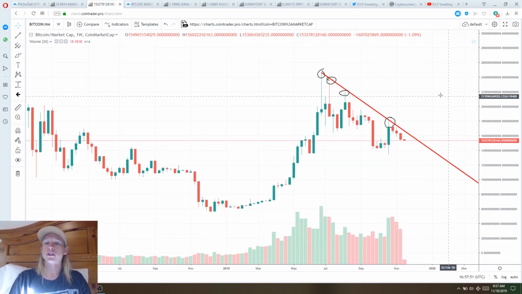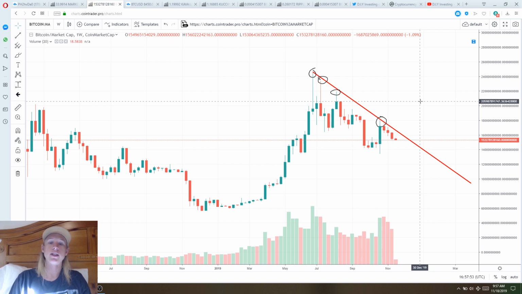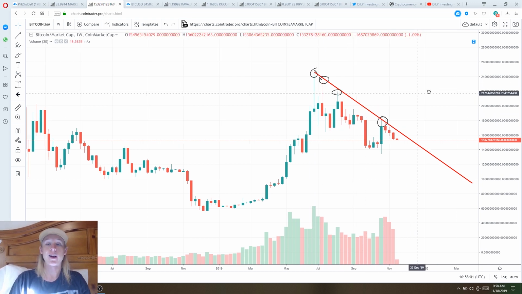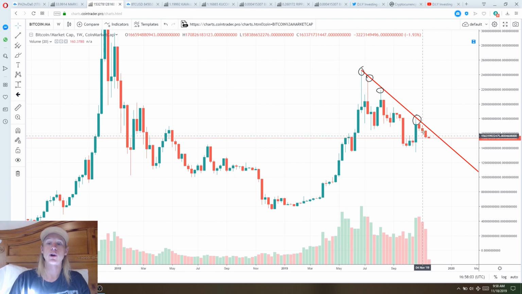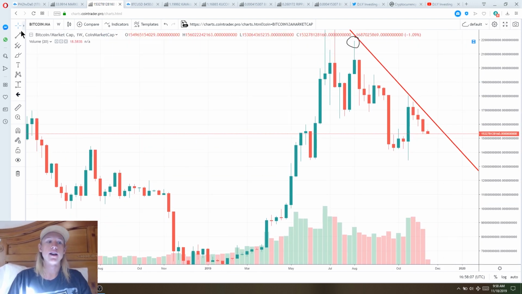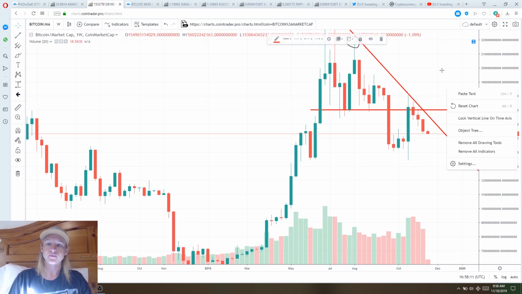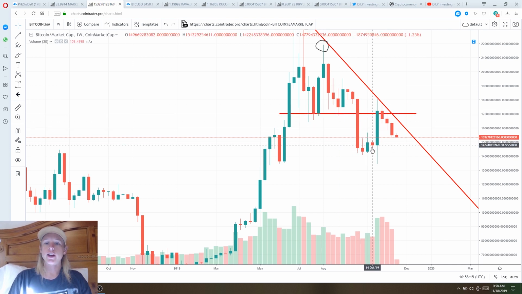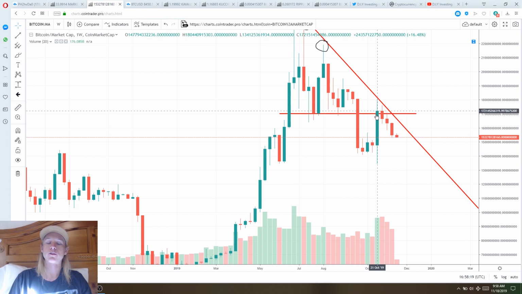Now, I'm no technical analysis god, I'm no TA wizard by any means, but what I can say is based off of price action alone, lower highs means that the trend is still bearish. And so we've had 4 consecutive lower highs, and not only that, but we had this support in our descending triangle, which would have been right about here. And we ended up actually getting a buyback into that level. Technically, we pierced above this level for a short while.